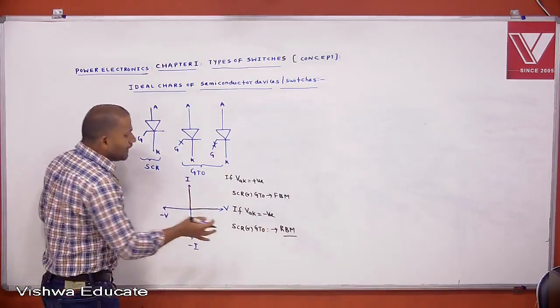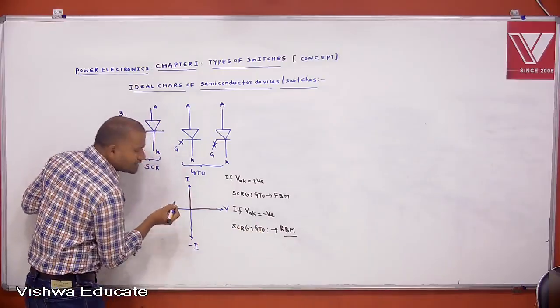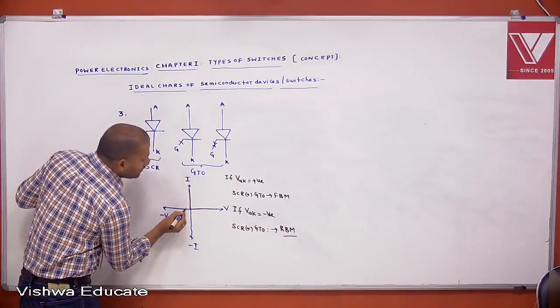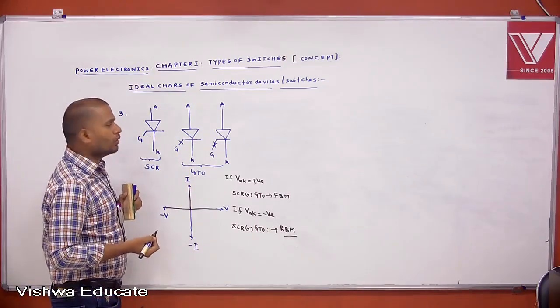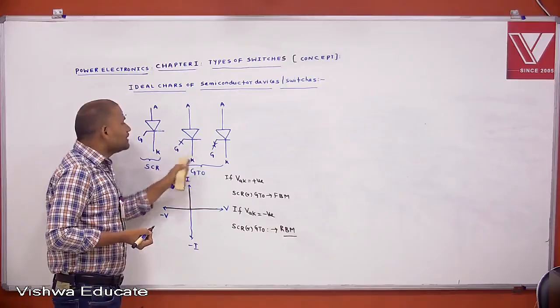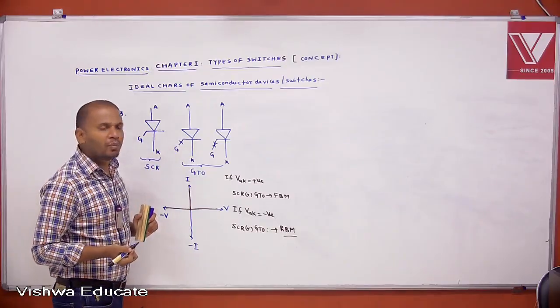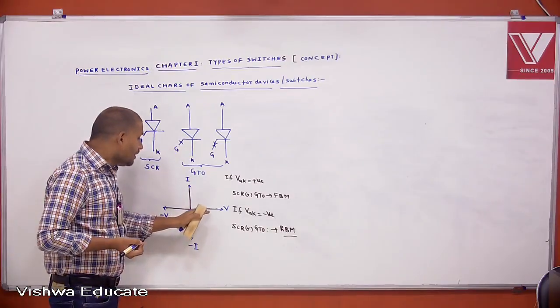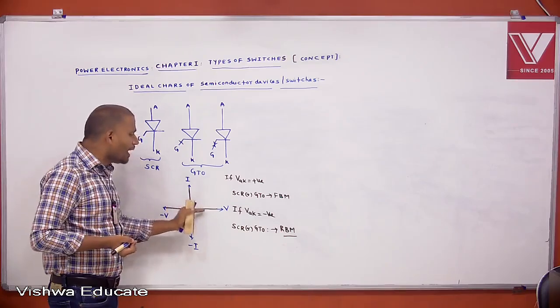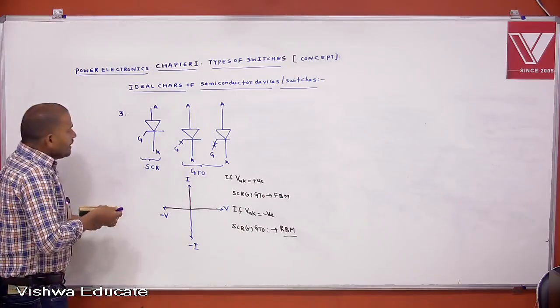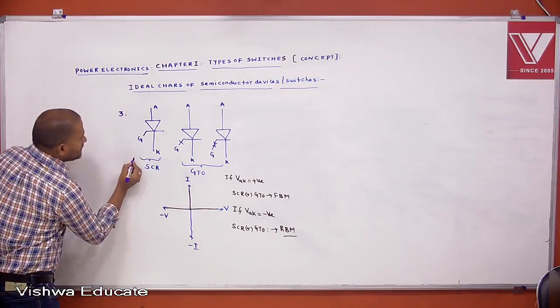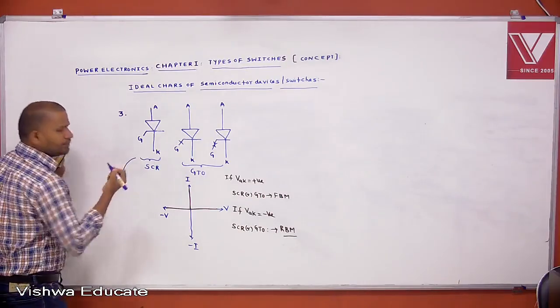Reverse blocking mode means it still acts as an open switch, so it blocks the reverse voltage also. Therefore, it blocks both polarities and allows only one direction. SCR is the example of